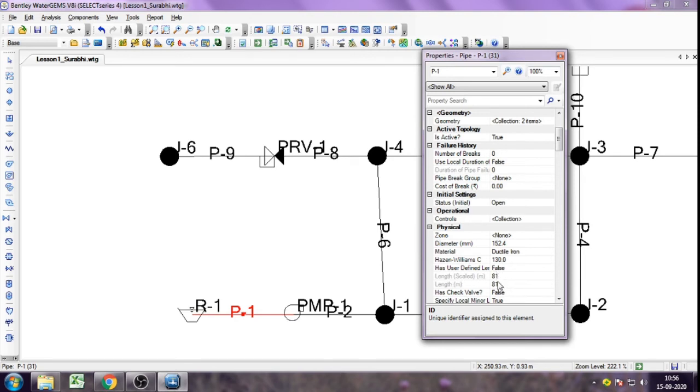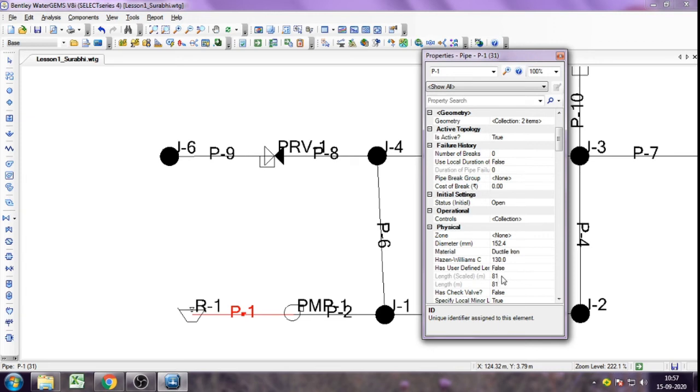WaterGEMS has automatically calculated this value, because in the first step we assigned a particular scale to this drawing, which was that 1 centimeter is equal to 40 meter. Based on how long we drew the pipe, it automatically calculated its length to be 81 meter.